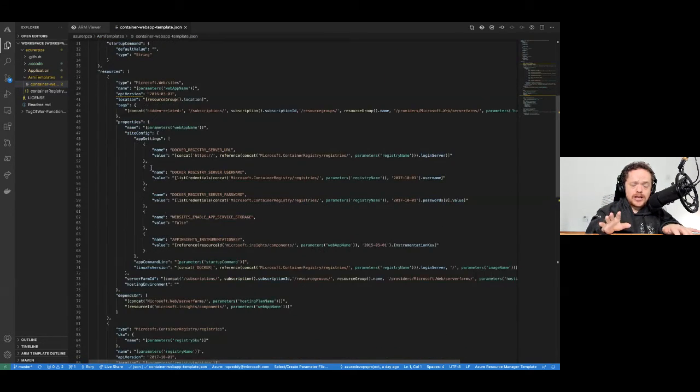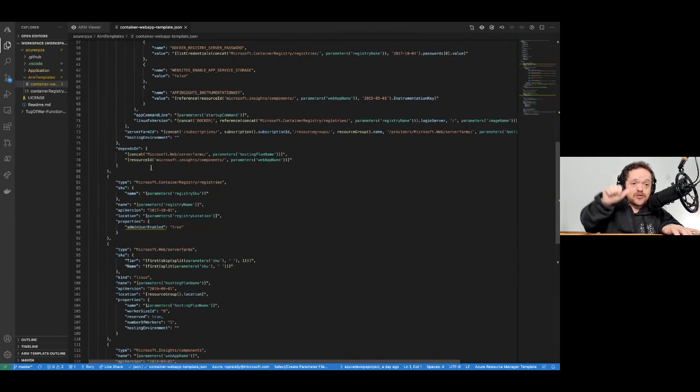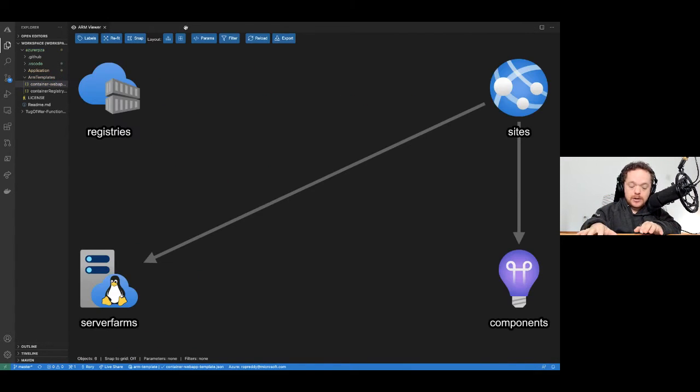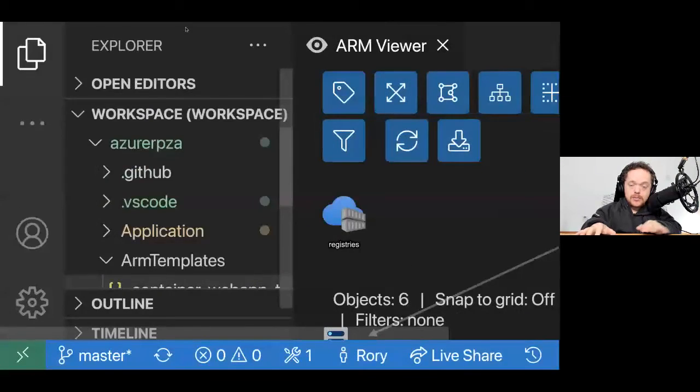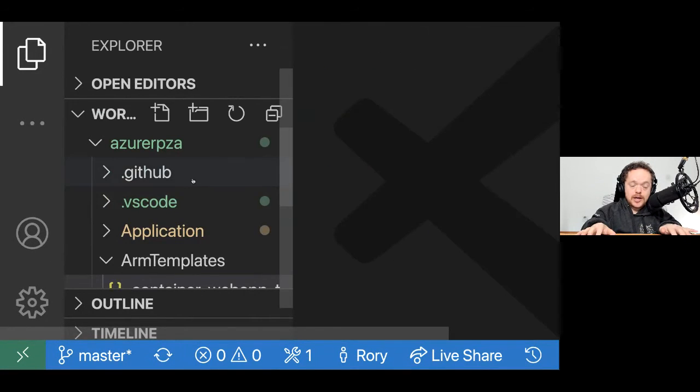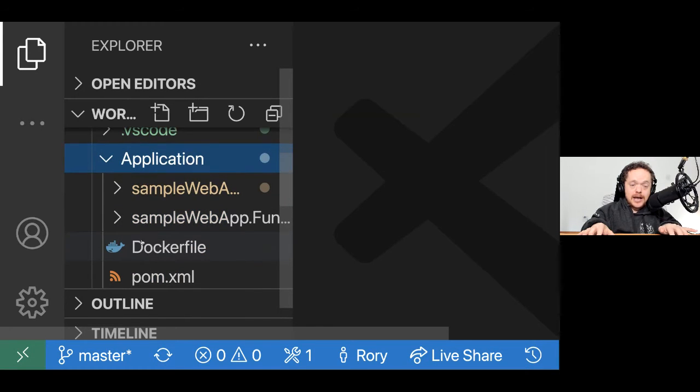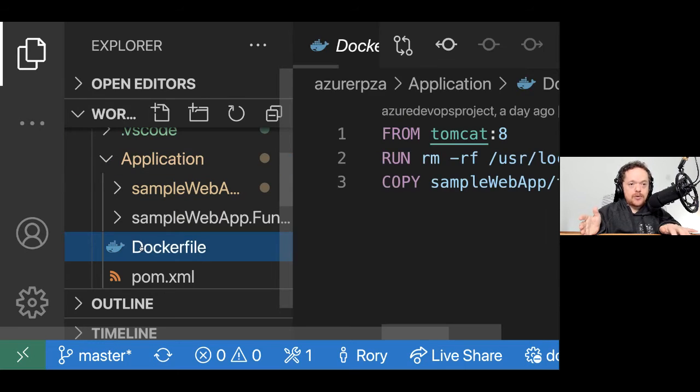Don't get too overwhelmed here, but you can actually drill through with that. And this creates your resource group, your application insights, your container registry, your app services, and everything by the DevOps starters. So let's go into a little bit more. I'm going to make that a little bit bigger now. I want to close that ARM view. Let's go into our project and see exactly what goodies we have though. So that's my project here. I've got my application folder here, and then I've got my Dockerfile. So let's start, because we know that we're running containers here. You might be pushing this to container, and I tested this.